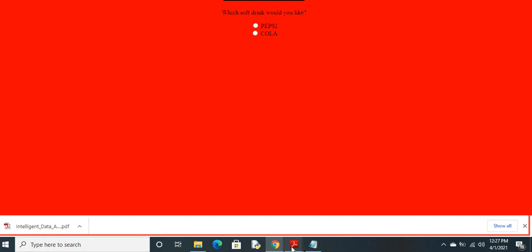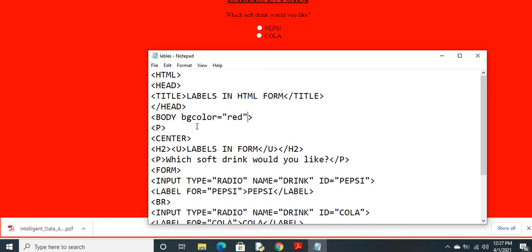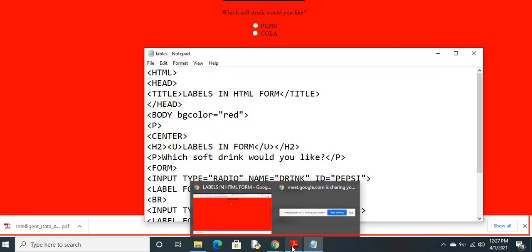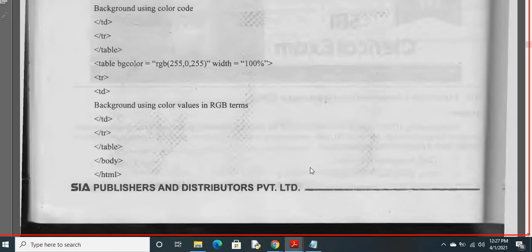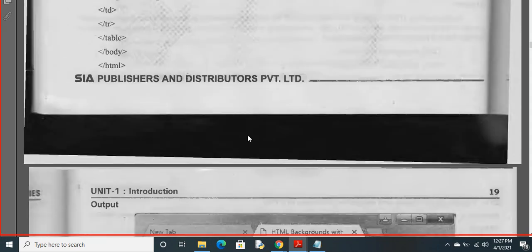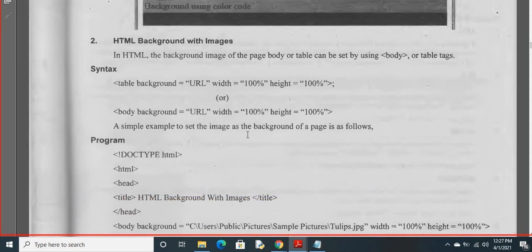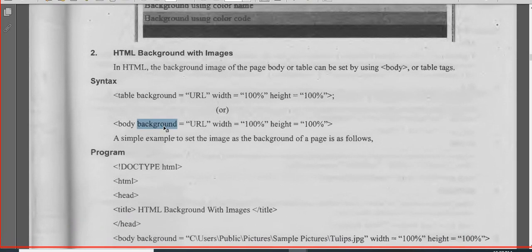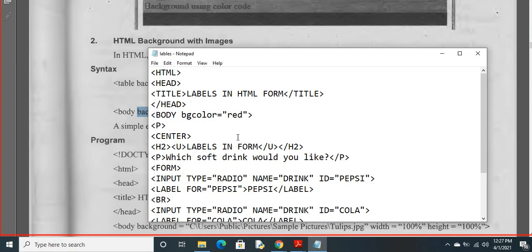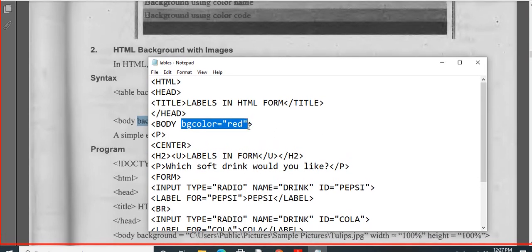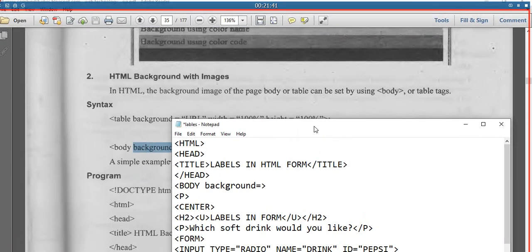Okay. So if you want to set a background image, even for that you have to specify background equal to URL. Now in the same program, instead of bgcolor, background equal to, that should be in double quotes, img1.jpg.